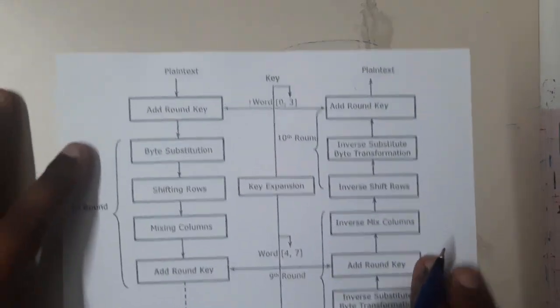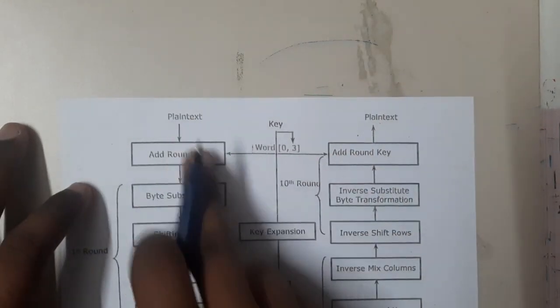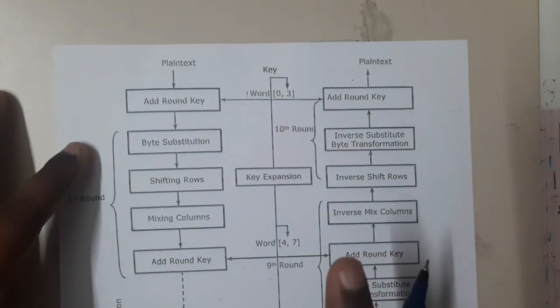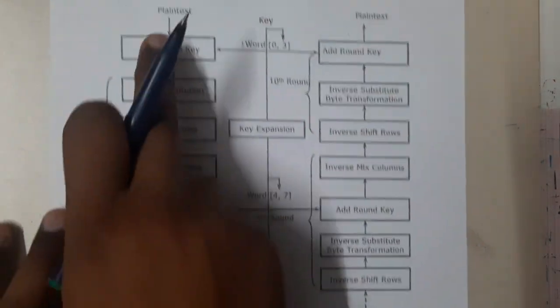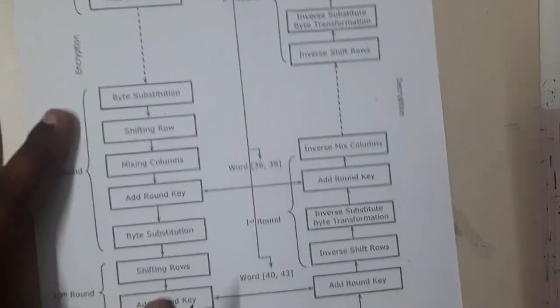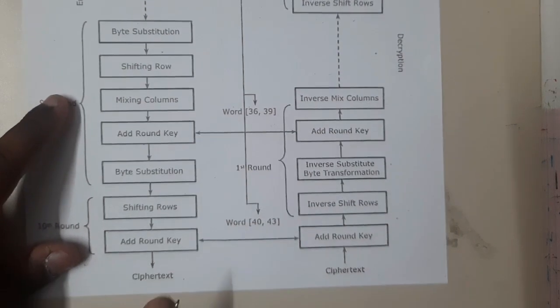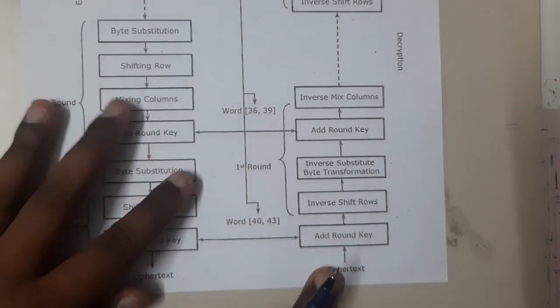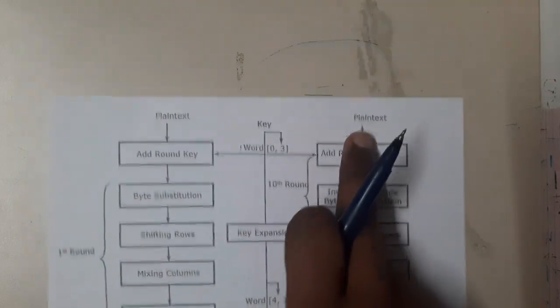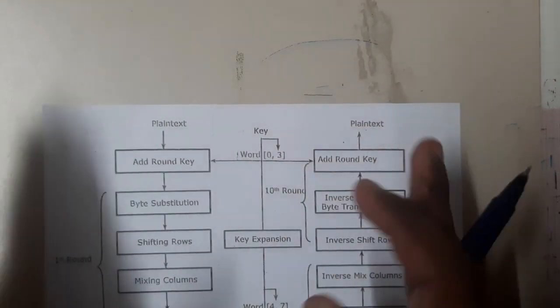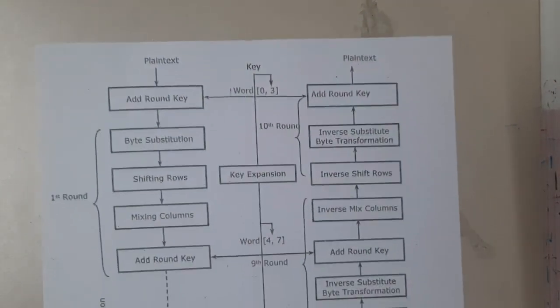In this diagram we are having the full length, guys. Here is our plain text. Please concentrate for a minute, guys, because here we drew the full diagram. This is the process of encryption, and at the end we got the ciphertext. If you pass in the opposite direction, that is nothing but decryption, guys. So this is the full length diagram of encryption and decryption in AES, guys.